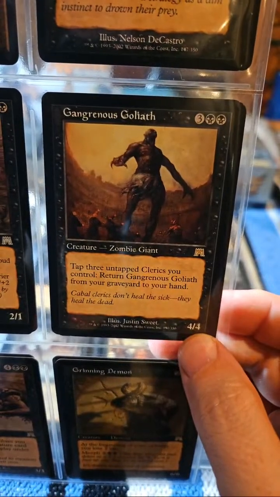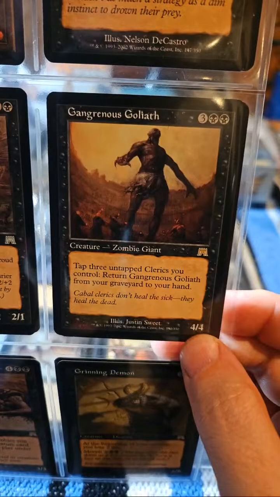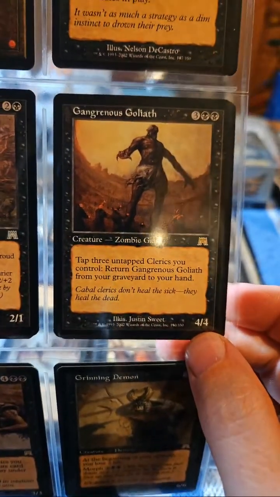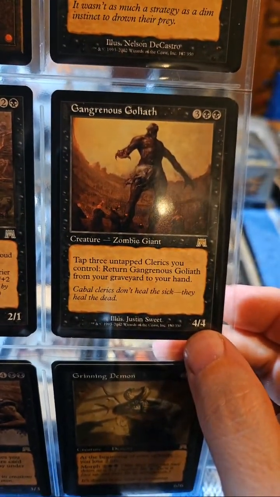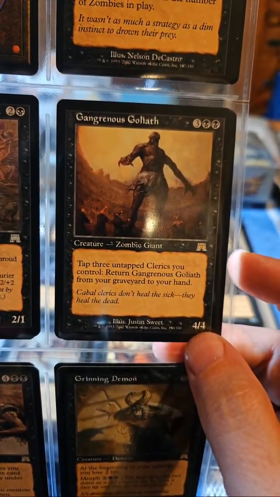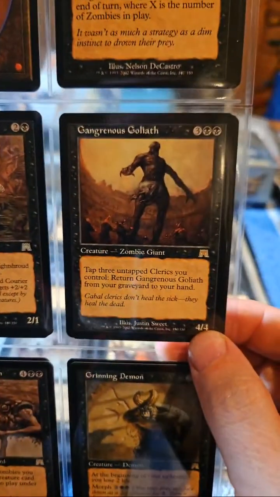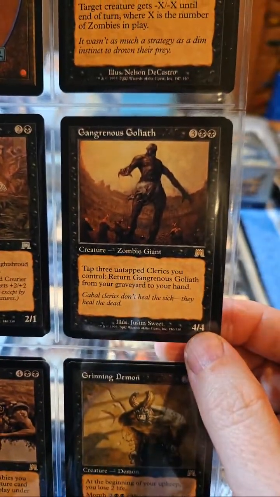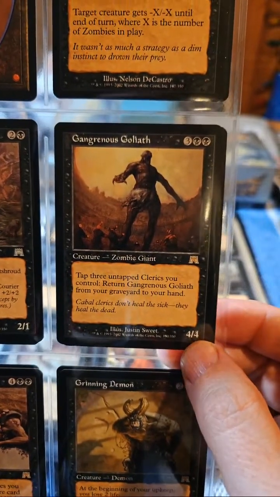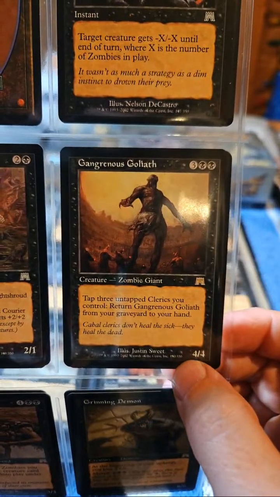We enjoy you. So we got the Gangrenous Goliath, a zombie giant, 4/4 for 5. Tap 3 untapped clerics you control, which is interesting because it's a zombie and a giant, and it relies on clerics. So we're now on 3 different creature types. Return Gangrenous Goliath from your graveyard to your hand. So you can bring it back, but a 4/4 for 5 is not in itself